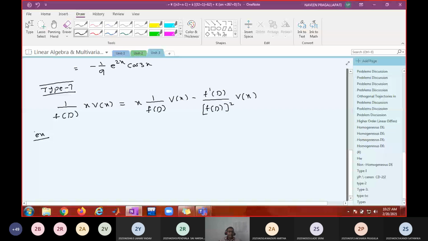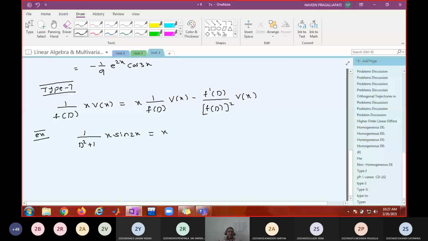For example, 1 by d square plus 1 times x sine 2x. Let us say we have it like this: 1 by d square plus 1 of x sine 2x. So according to this formula, what is this? It is x into 1 by d square plus 1 sine 2x